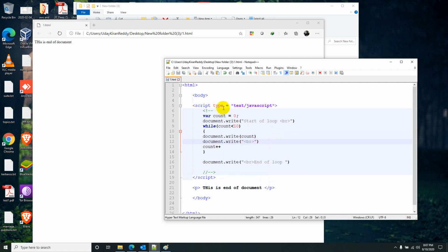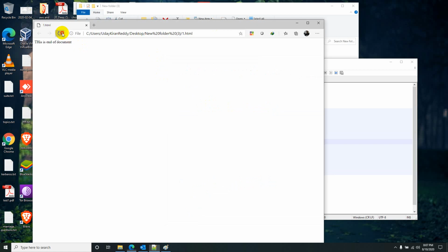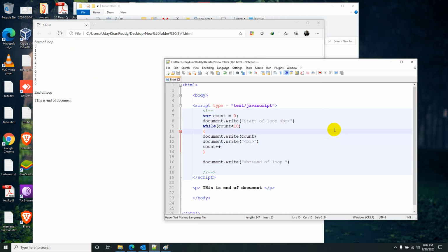You see, this is the start of loop. Later the number is continuously getting incremented and the condition is true, so it will go on executing until 9. Once the count value is 9, it will execute and the 9 will become 10, and it will go for this condition check. 10 is less than 10 is false, so it will exit the loop. Okay, that is the expected behavior.